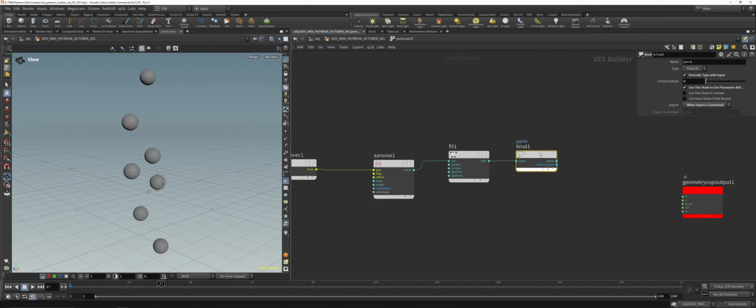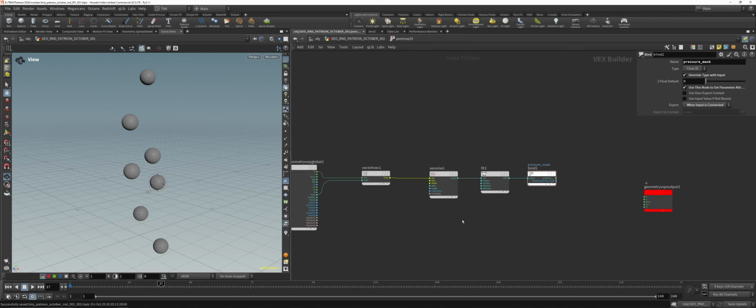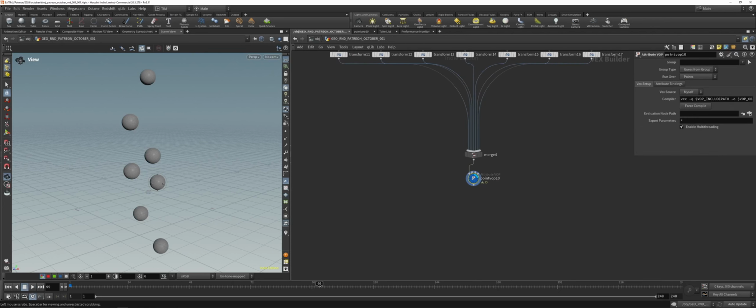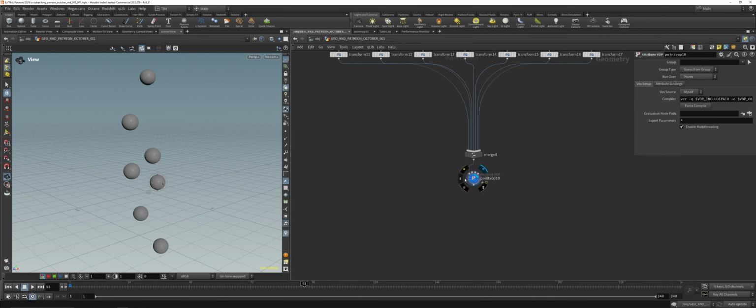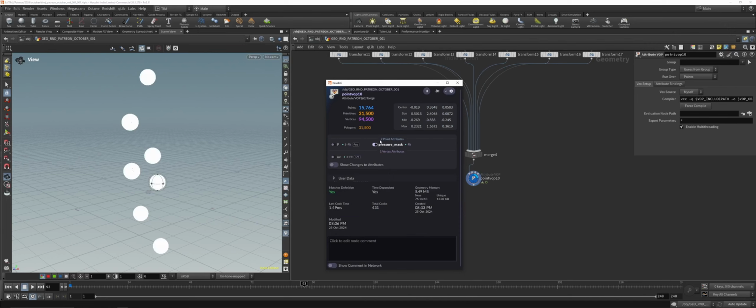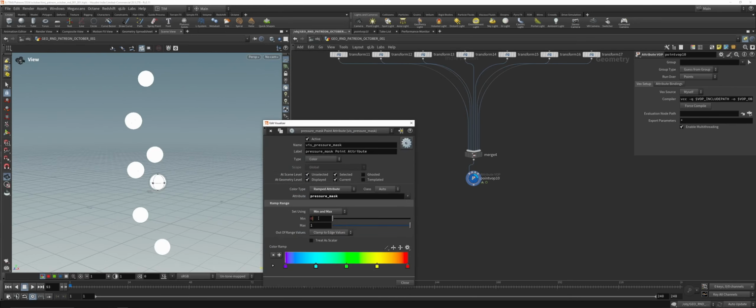And I just want to bind export that to an attribute called pressure mask, or you can basically call it whatever you like if you want. And then we can visualize that attribute, pressure mask, visualize that, and it's from